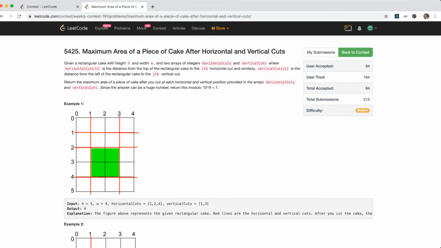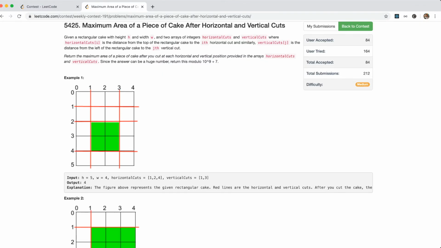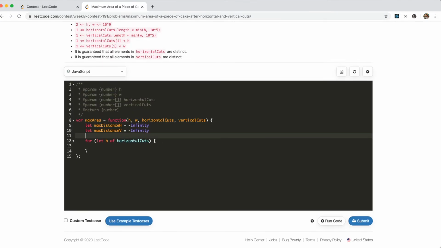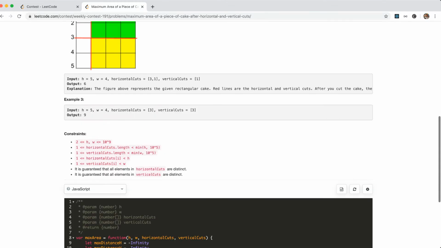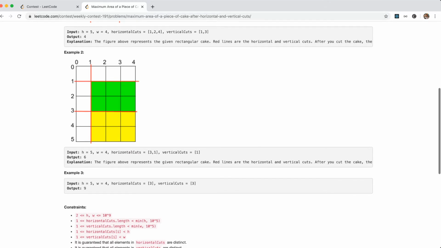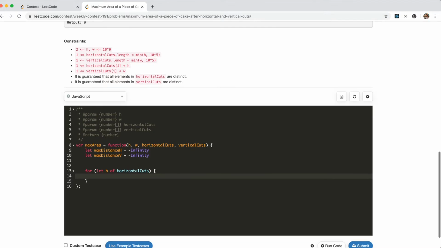This is horizontal cuts, one horizontal cut. This is a horizontal cut. Okay, so we could use a prev. Prev is 0, 1, and go to